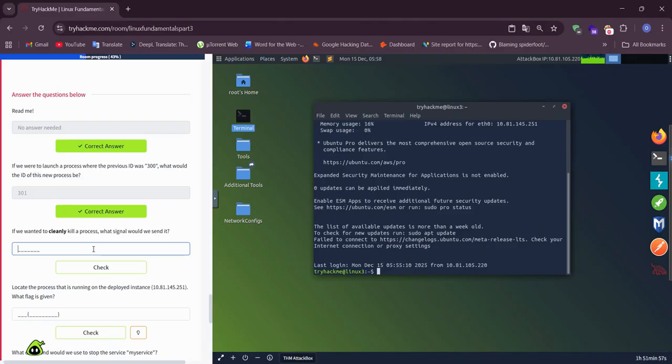If we wanted to cleanly kill a process, we must send SIGTERM, but if we wanted to kill a process without cleaning up, we must send the SIGKILL signal.